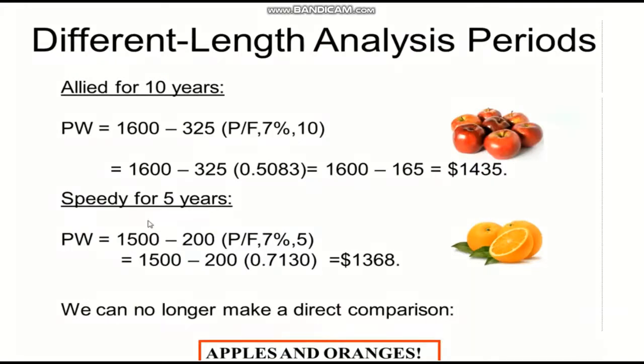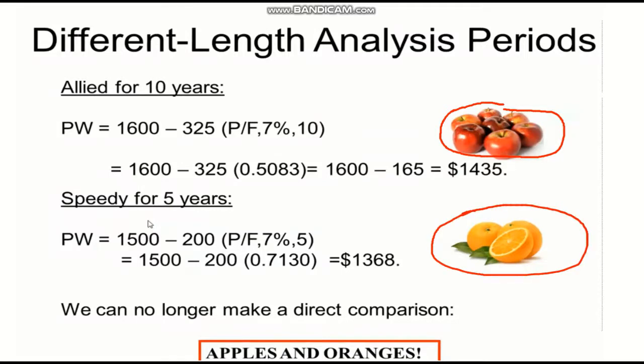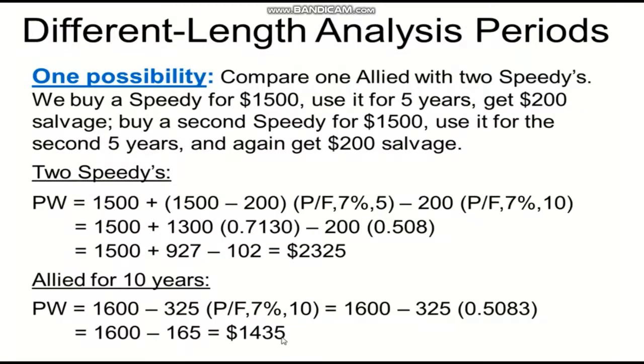We go through this for 10 years and 5 years, two different alternatives, and then we said if we want to compare this one, we are comparing apples and oranges, which means it's totally different. We cannot compare this one, so we need to make it at the mutual date, so we can compare apples to apples and oranges to oranges. After we did it in 10 years, both of them, then we compared,